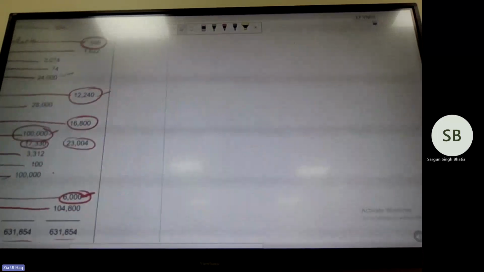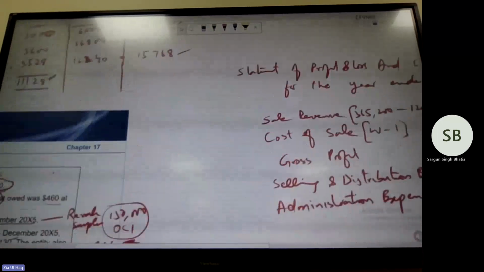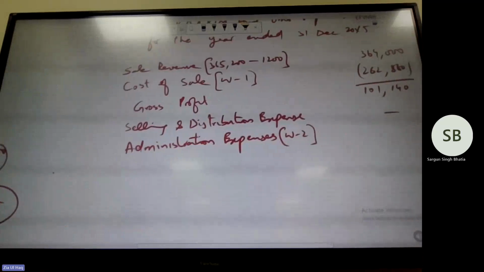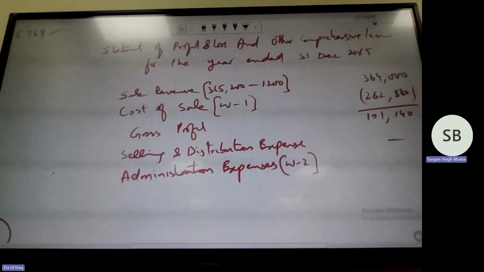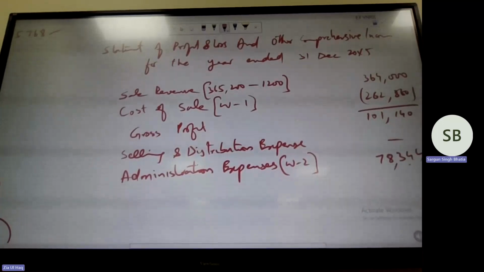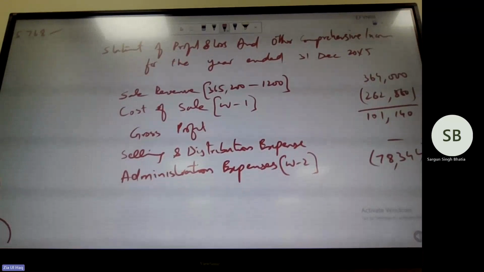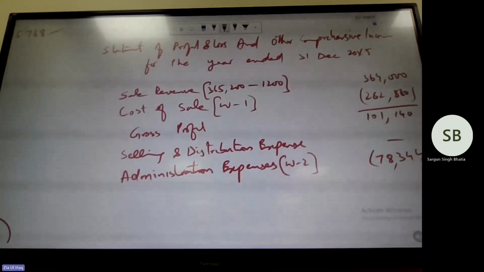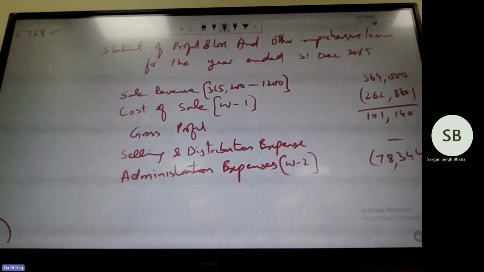So we will record these admin expenses in our profit and loss account. Yes, sir. 78,344. So we will deduct this and we will arrive at